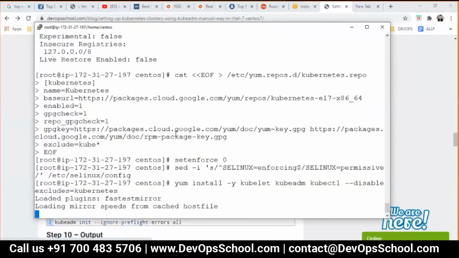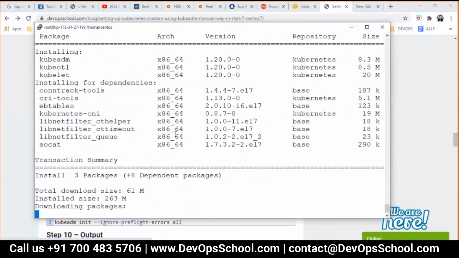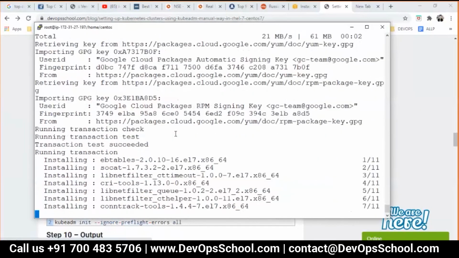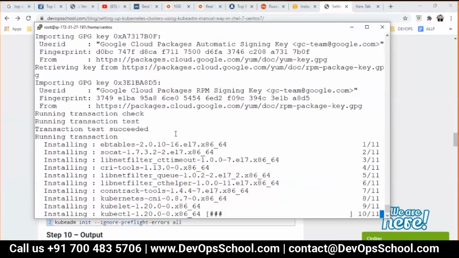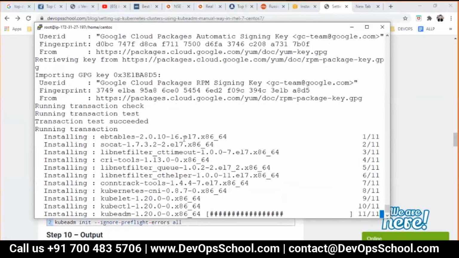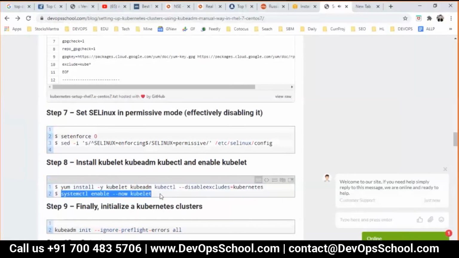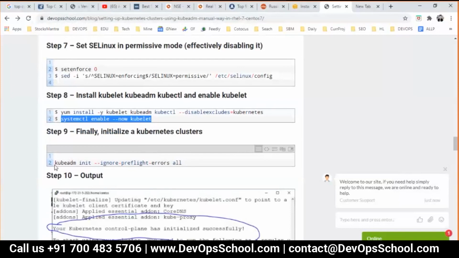I'll run it. And after that, set the repository. This one, and installing all the tools.